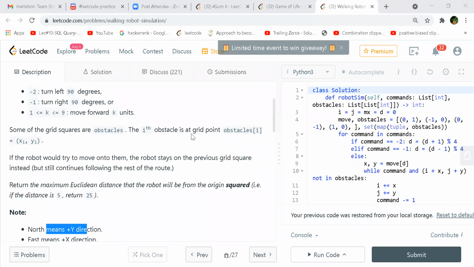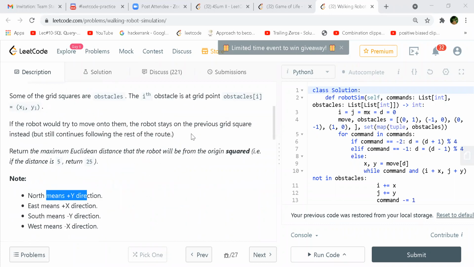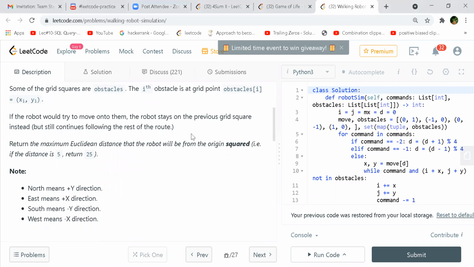We terminate at that point itself, right? I think it doesn't move. It doesn't mention anything like that. It says: if the robot tries to move onto them, the robot stays on the previous grid square instead. Okay, so he has written that the robot stays on the previous grid square.